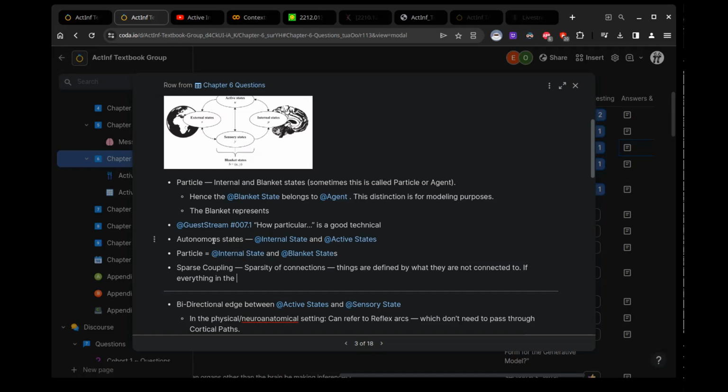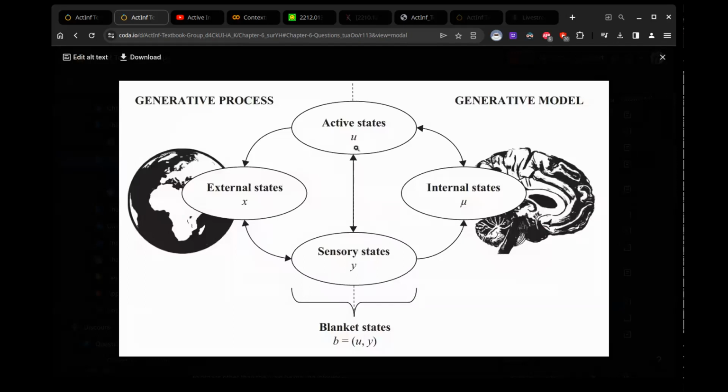Awesome. And one important piece on the autonomous states, which is a cool way to think about ActInf formally but also informally: autonomous states are just the internal and active states. So these are the two ways that you can reduce your free energy. Change your mind, or change the world through action. Learning and perception update internal states. Action updates active states.